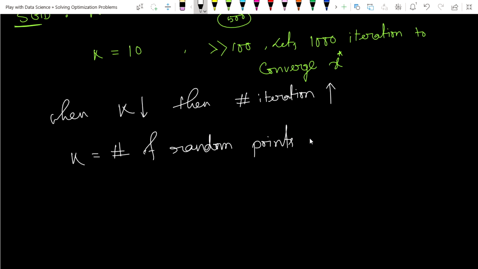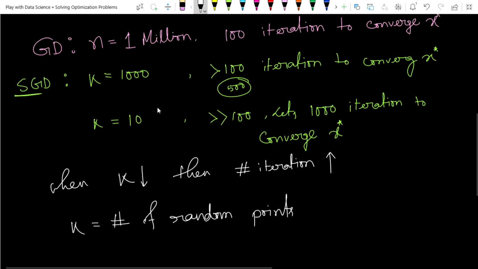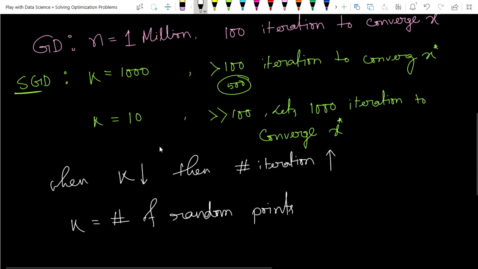that we choose at each iteration for update. So simple, we are choosing k random points. So in each iteration, suppose you choose k is equal to 1000 in one iteration, in another iteration we again choose k is equal to 1000. We are picking other random points in the next iteration.